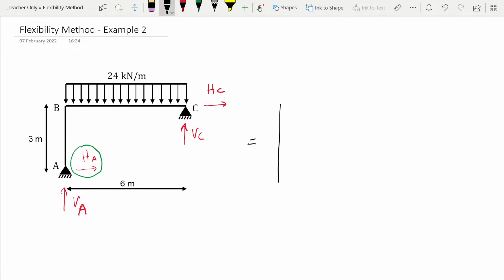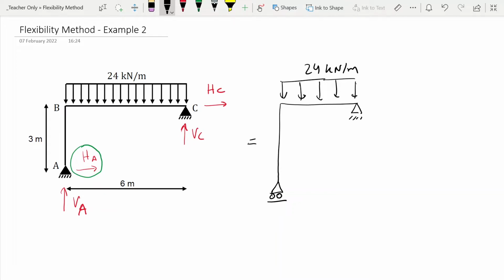Our final structure, our original one, is nothing more than one that has the support at C like this, but then at A, instead of having a pin support, we're going to have a roller because now we don't have the horizontal reaction. The load of 24 kilonewton per meter, which is all the load we have in the system,